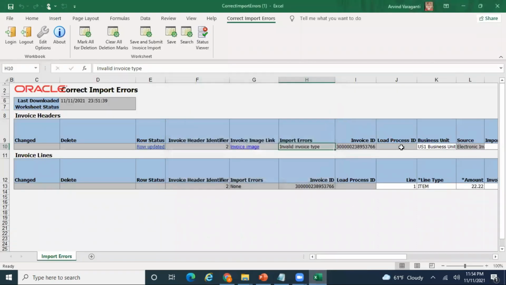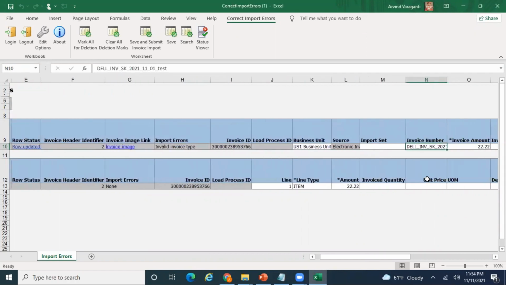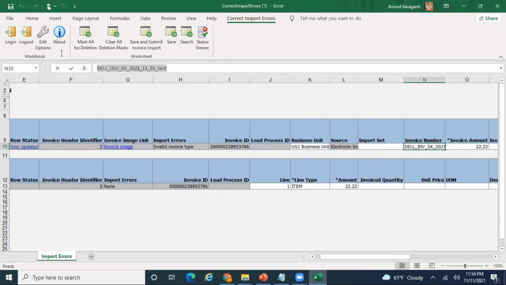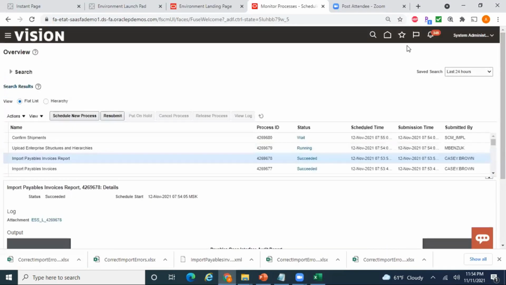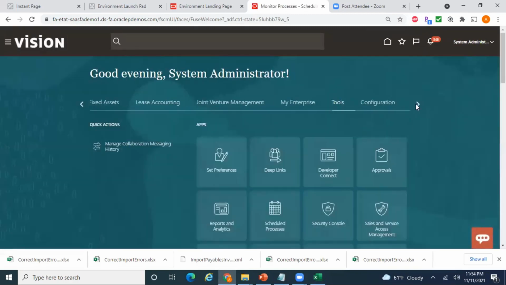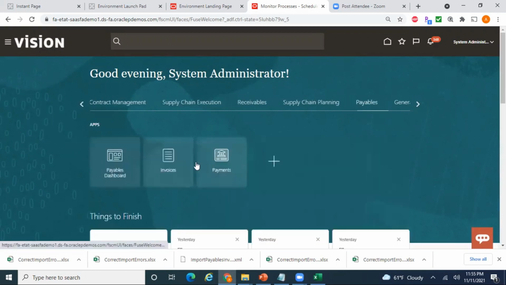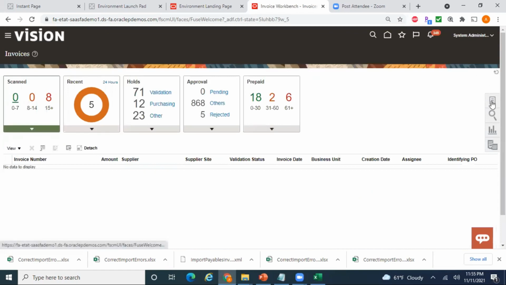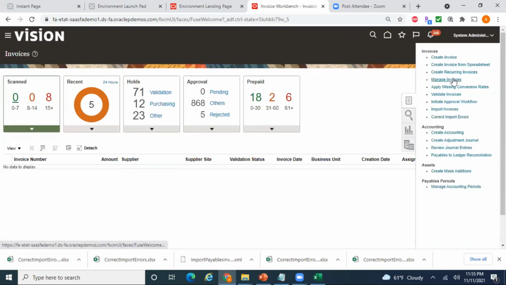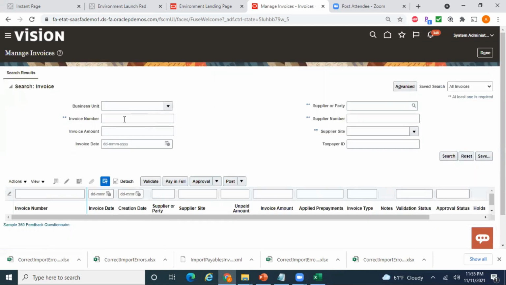Good. Now we can search for this invoice in the UI. So now let me go to the invoice section. Payables, invoices, manage invoice, and I can search for this invoice number.